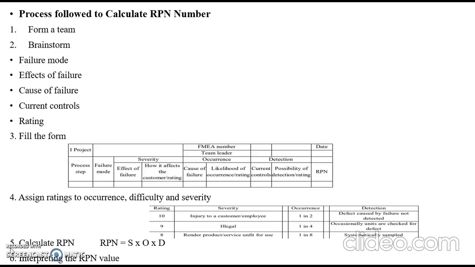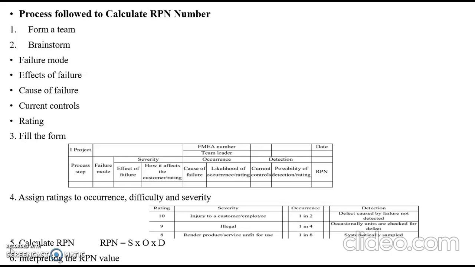And the next one, the controls. The controls column lists prevention and detection control activities for design and processes. These controls include SPC tools and error-proofing techniques such as Poka-Yoke here. Okay, these things should be there in your forms.